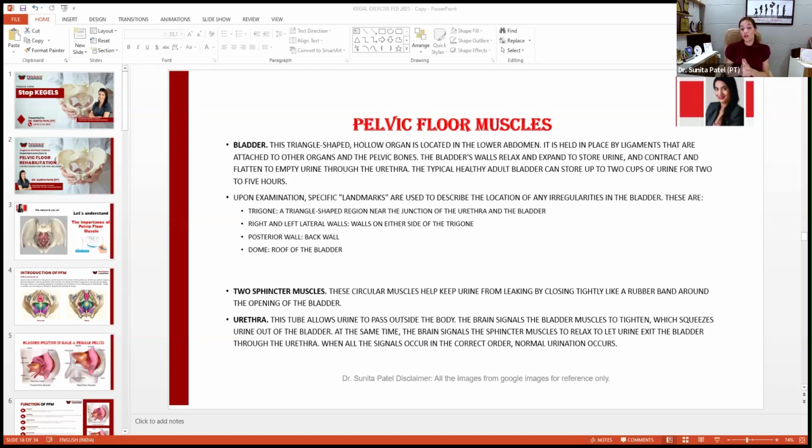So they are active during the sexual activities also. Or the muscles are good when they relax completely. When I'm defecating, my muscles should not have tension. Which muscles? Muscles around the anus should not be tensed: the puborectalis muscle, external anal sphincter muscles, or all the muscles present posteriorly towards my anorectal region. Those muscles should not be tight. And muscles around the back, which maintain my sacrum angle and my coccyx, the coccygeal muscle, should not be tight. They should always be relaxed, so I should not have back pain all the time. But back pain can be due to tight pelvic floor muscles around the sacrum, which is all related to the sacrum and the coccyx.